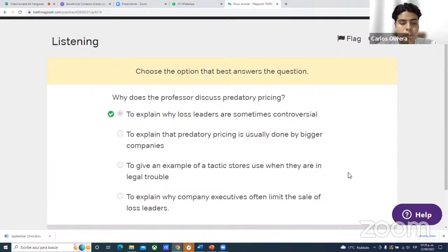In this case, the correct response was number 1, and the student who responded this one got it very well, to explain why loss leaders are sometimes controversial, right? And this is right, because if you remember, whenever the professor talks about predatory pricing, she did it because she was trying to express how some stores